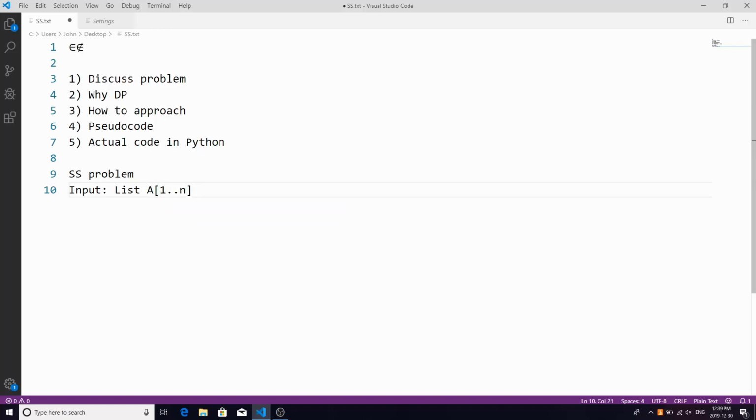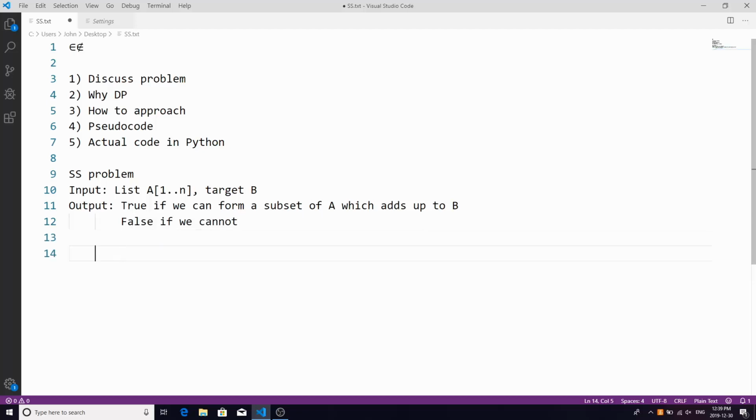So there are n items in list A, and we're also given a target B. What we want to output is true if we can form a subset of A which adds up to B,